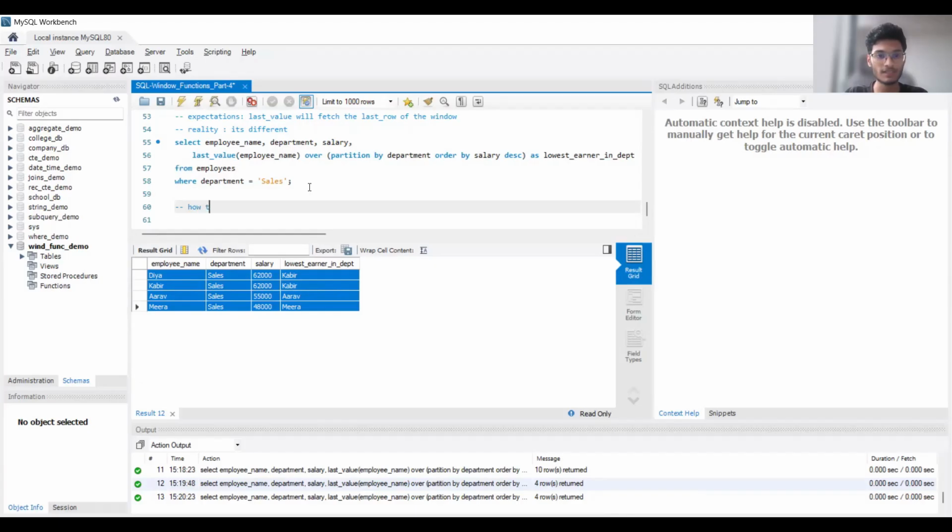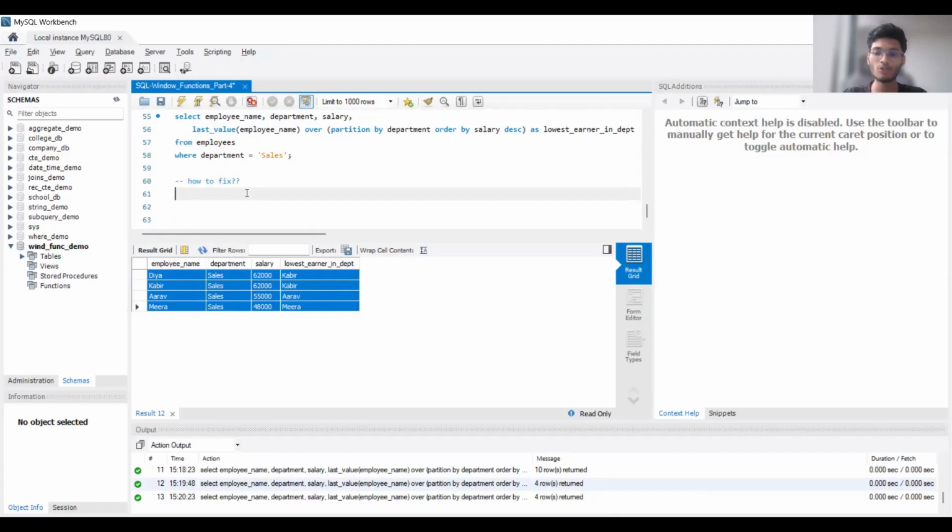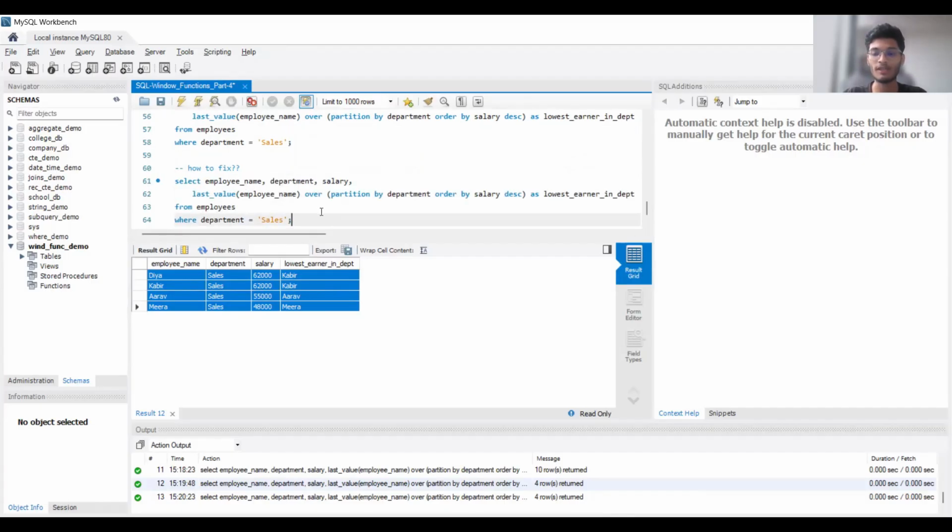So how can we fix this? To fix this, we need to explicitly widen the frame. We have to widen the frame range so that the window function can see all the rows. So in this particular query, we are going to add one more statement: last value of employee name over partition by department, order by salary descending. In this we have to add one more clause, that is rows between